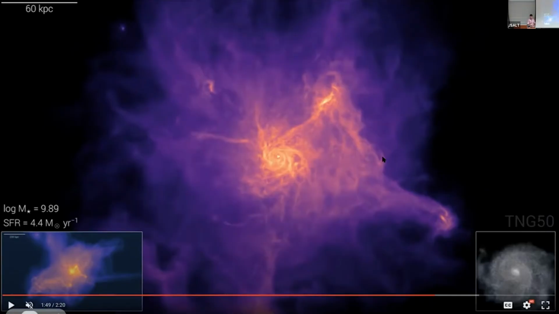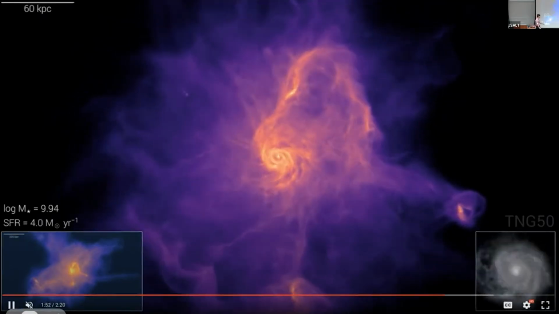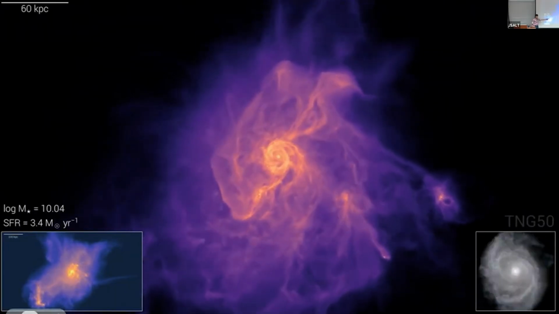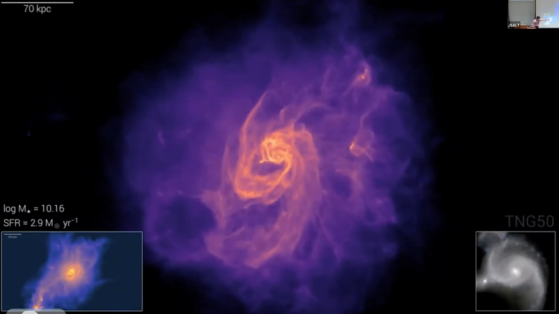And so all those forces are at play: gravity is causing the galaxy to want to form new stars, and the central supermassive black hole, as well as the winds from the stars and the supernova explosions, are causing the gas to want to go away from all this. So it's a detailed balance problem. And as you see, eventually gravity often wins out, at least in this case, for this massive enough galaxy. You can see that it is really starting to take on a more distinct spiral galaxy morphology. It may even be forming a bar in the central regions there.